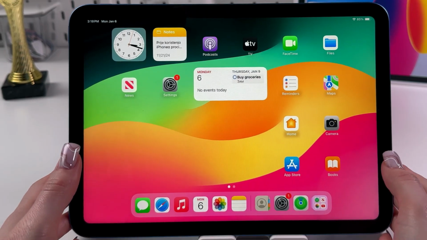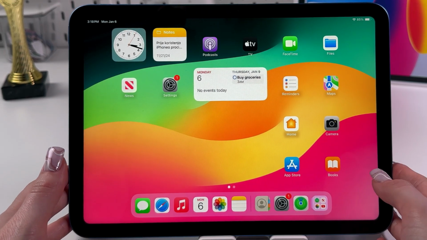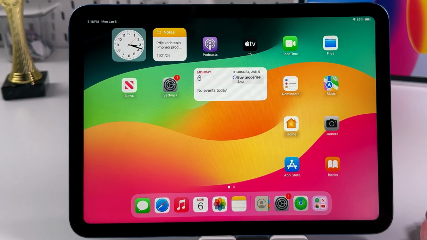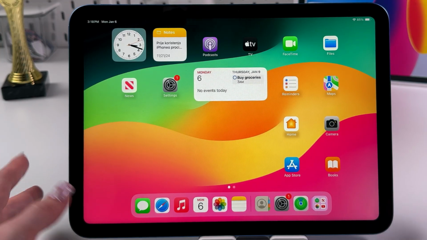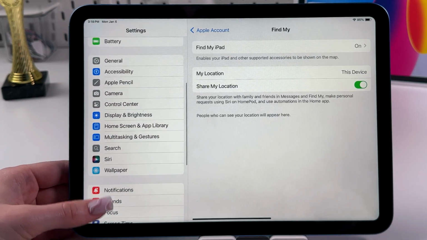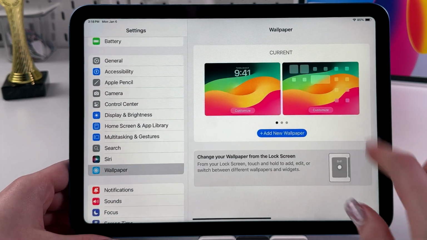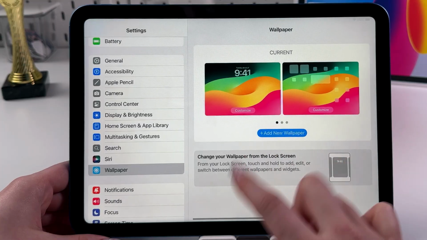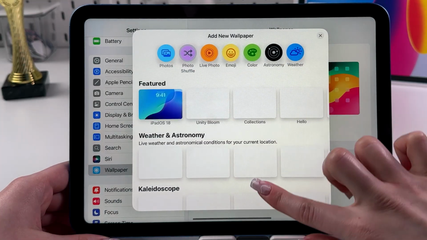Hi, to customize our iPad 10th generation lock screen, as a first step we can do it either through settings or directly on the lock screen. So let's go in the settings first. Here on the left side choose wallpaper, and then you can choose this blue button add new wallpaper, and you'll